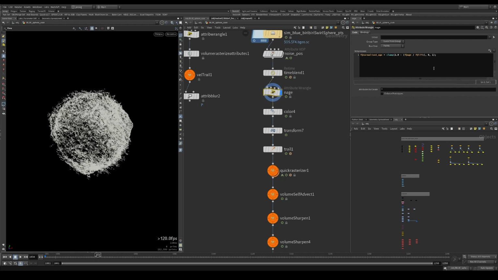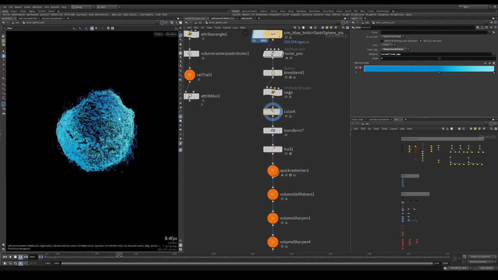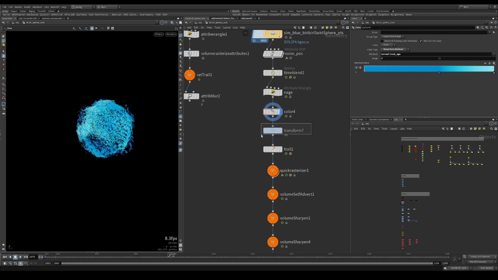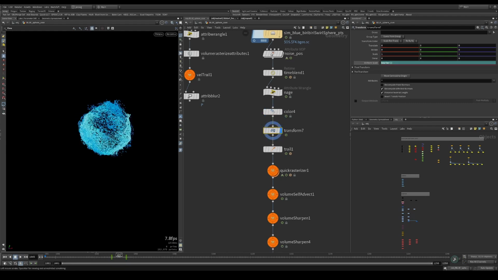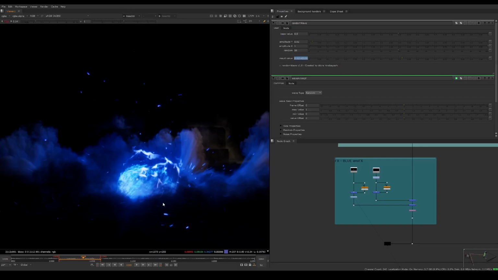All I'm doing here is just normalizing the age so that I could use it for some coloring. It's nothing special really. I'm just saying, why don't we have this color when we're born, and as we die, we become a bit brighter. And I'm just transforming the particles down when it collapses into itself and recomputing the velocity, so I get this cool